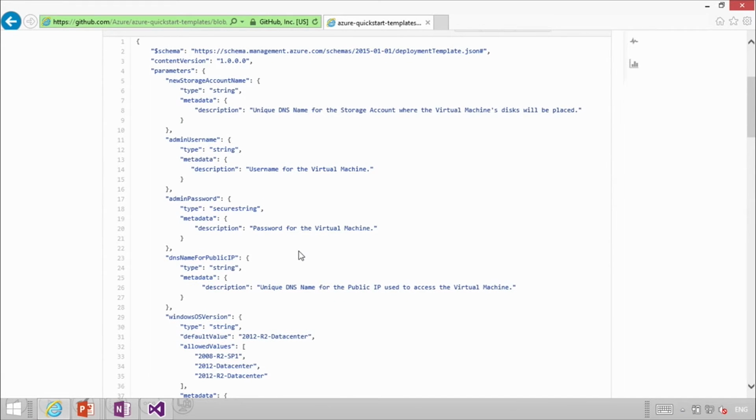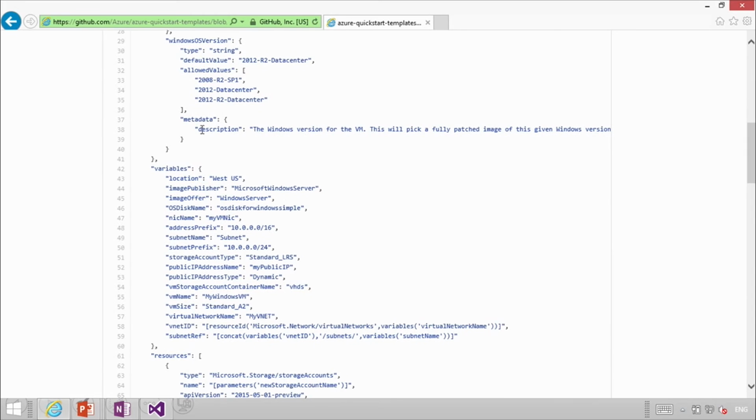Could we do this in PowerShell? Absolutely. We can do the same thing in PowerShell. It's going to call into the Service Management API. But then we have a PowerShell script to maintain, as opposed to we create a template out here, we can version the template, and we can maintain that and use that going forward. Now, these templates that describe what you're going to actually build up there in Azure exist as a JSON file that can be versioned, but they can't execute themselves. And there is no import feature into the actual portal right now to bring these things in. So we use PowerShell to orchestrate it.